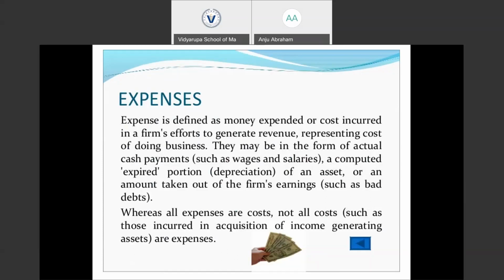The costs which are expensed in the income statement, or which are reported in the income statement, represent expenses. But not all costs appear to be expenses because not all costs are recorded in the income statement, like opportunity cost or any implicit cost incurred by the business, which is not brought into the income statement. So all these costs are not expenses, but all expenses are costs.